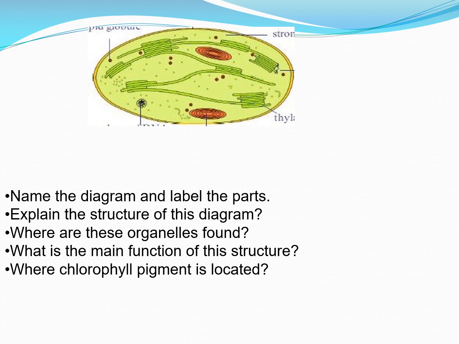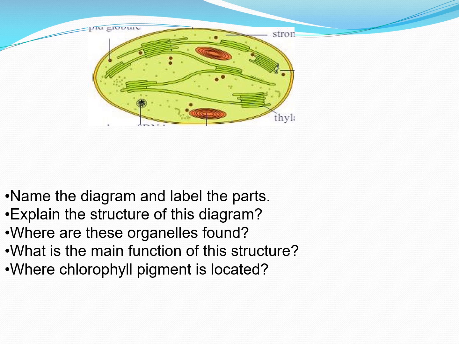Next question, explain the structure of this diagram. Chloroplast is a bimembranous cell organelle surrounded by two membranes. Several thylakoid membranes are piled up to form granum. One granum and another granum are connected together by stroma lamellae, and the fluid-filled portion is called stroma, and in the fluid-filled portion we are able to see a loop of DNA, starch grains and lipid globules. Due to the presence of the loop of DNA, chloroplast is semi-autonomous in nature.